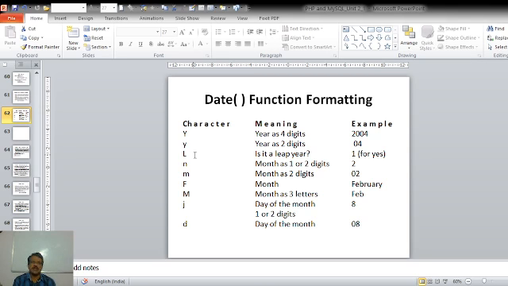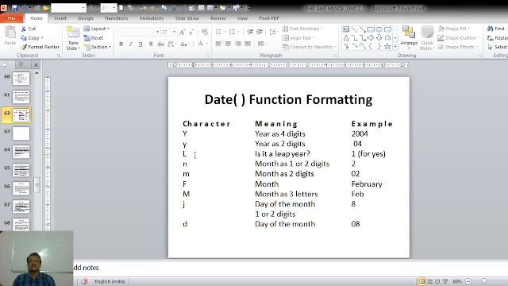If we use the capital Y, it will represent the year as 4 digits, for example 2004 or 2021. If we use the small case letter y, then it will represent the year as 2 digits, like 21 or 04. If we use the capital L, then it will check whether it is a leap year, and it will return 1 if it is a leap year, otherwise it will return 0.